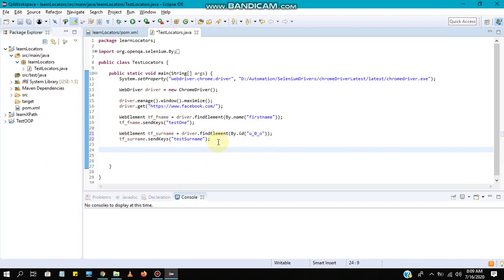Now I am going to use the link text locator and the partial link text locator. Let's see how we can use those as well. Now I am again creating a WebElement, link_.